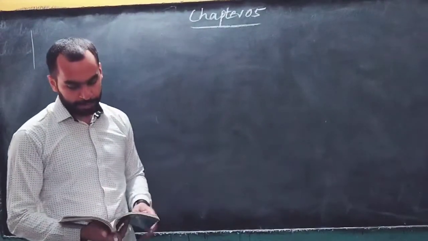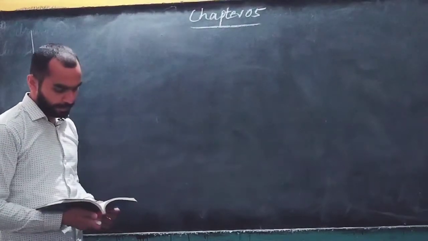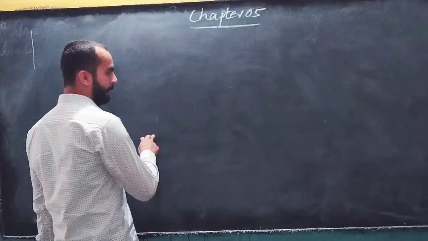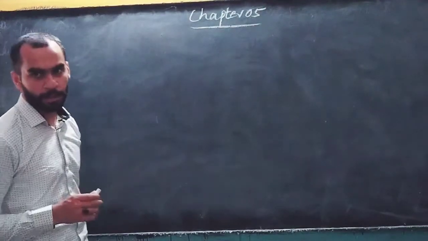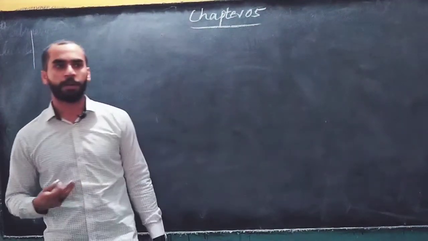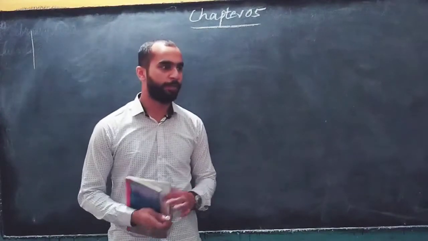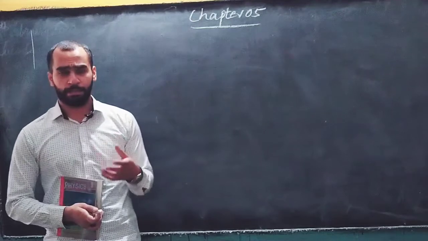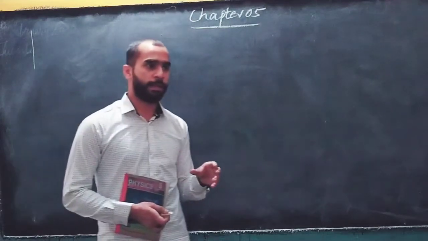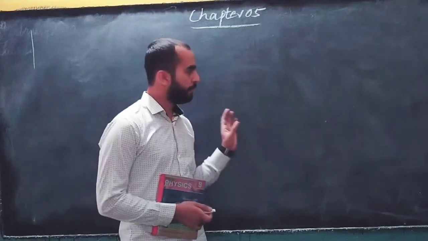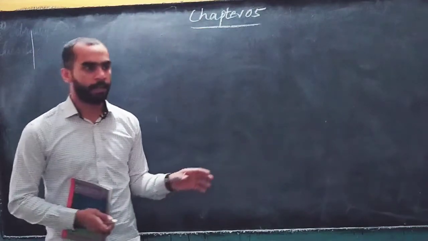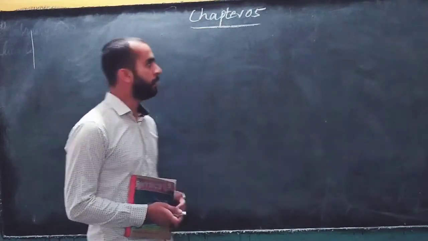Now we are going toward the second topic of this chapter. This is called the mass of Earth. Basically, we are going to find an expression to find the mass of Earth, because we are unable to find the mass of Earth with the help of any lever balance or physical balance. So there is an assumption that we are going to find a formula in which we will use different variables so that we can find the mass of Earth.